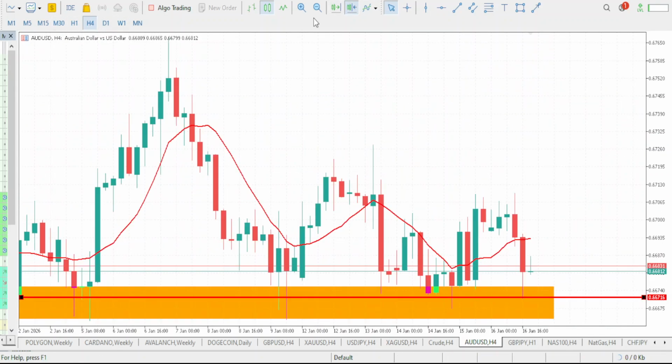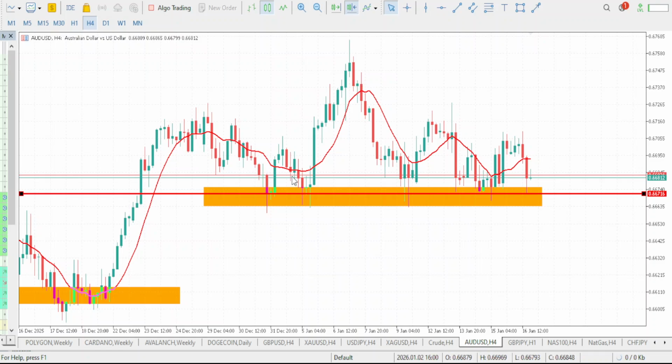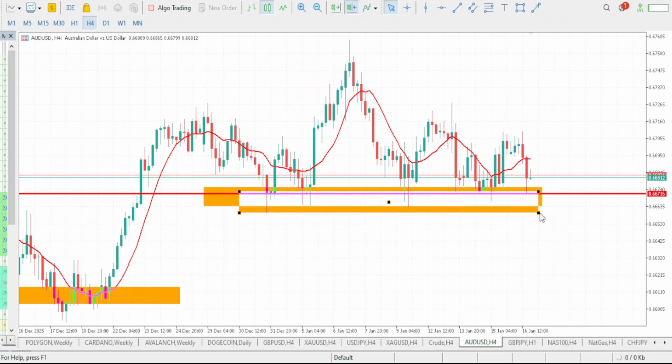Now let's go down to the four-hour time frame. You can clearly see that on this four-hour time frame, market is rejecting from this level right here. There's a major rejection at this zone, which you can call our support level. Some of you might want to call it your demand zone, which is absolutely not wrong, right? You can still see it as your demand zone because we can see that market has been rejecting from here multiple times. Multiple rejections market has been giving us from here, right?